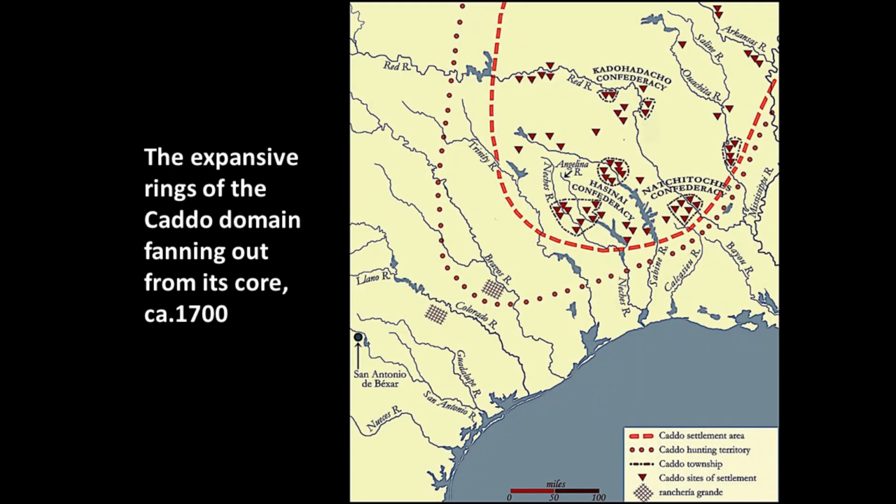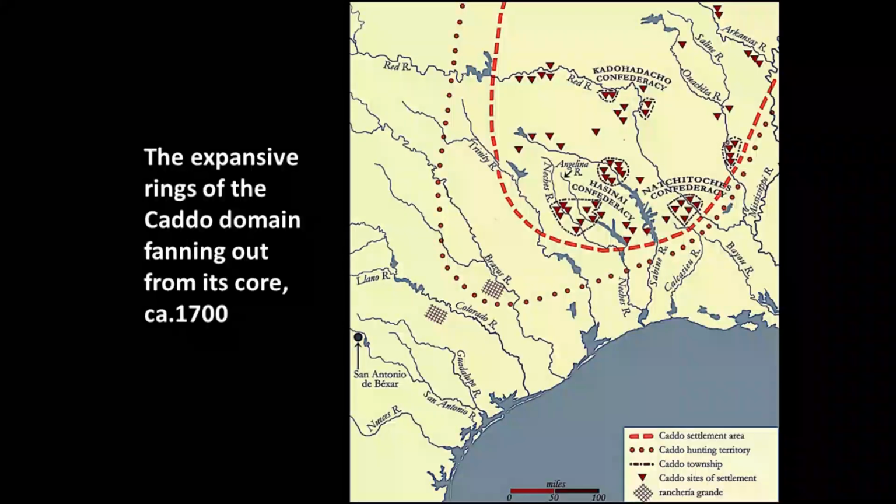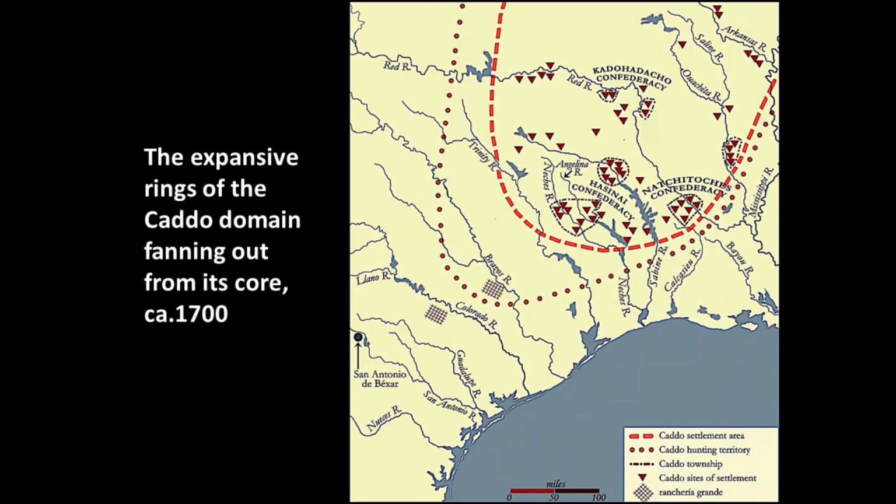And what's even more powerful in terms of understanding the importance of that absence is that just to the northwest of them are all the Wichita nations, and they are also Caddoan speakers. So it is the same political economy, or a very similar political economy, the same language groups, and they absolutely have palisaded villages in the Southern Plains. So the absence of fortified cities in the heart of the Caddo domain, I think, speaks volumes for the power